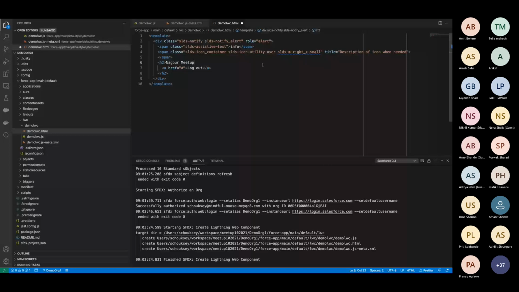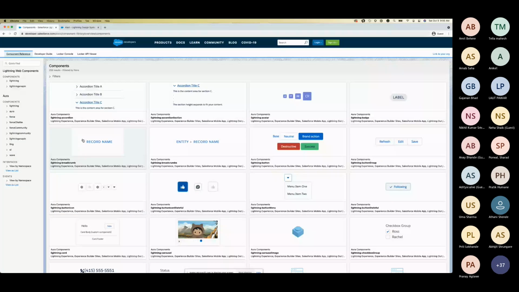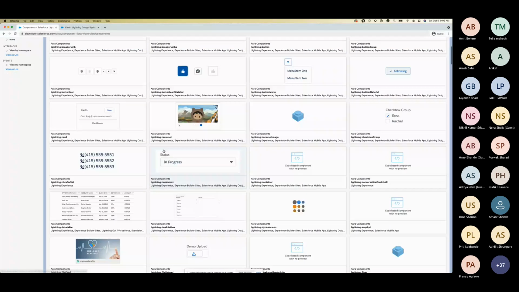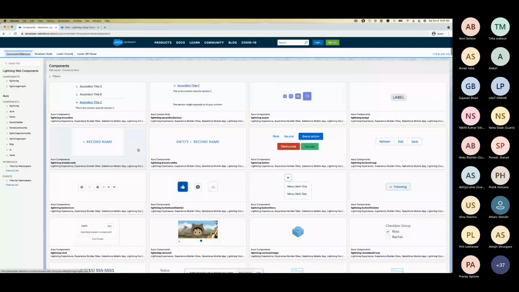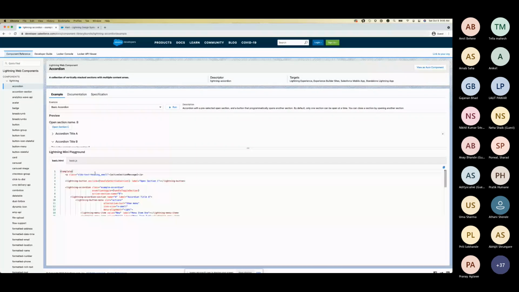You can use all the CSS tags and the standard components. Lightning has its own components, a lot of standard components present by default, and the whole code is available in your component. So we can use those components in the HTML file.